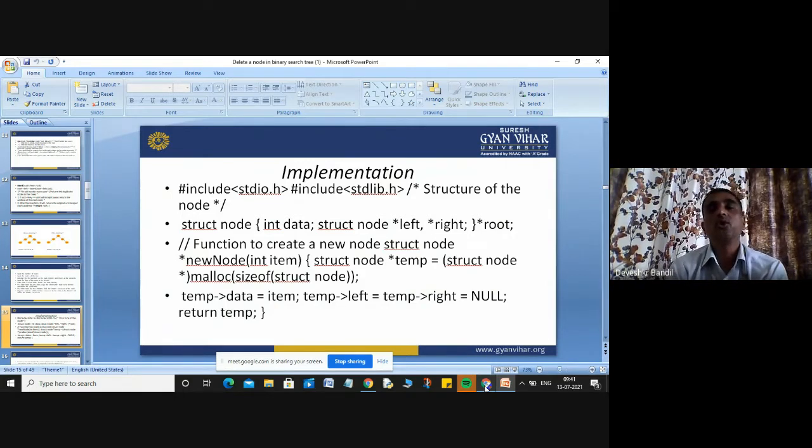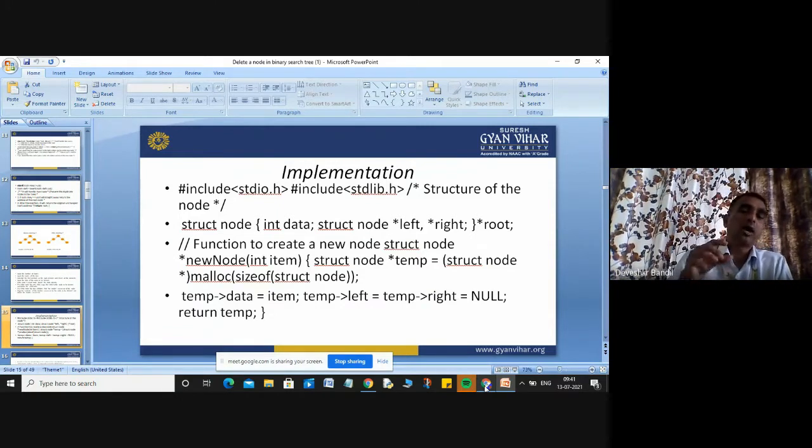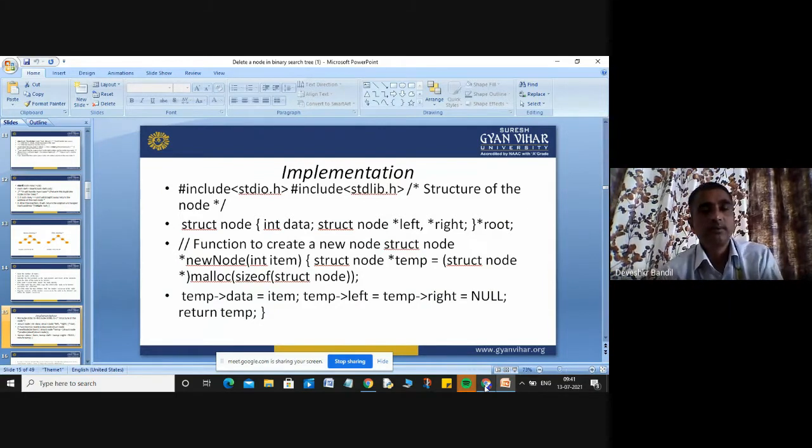So first of all, you will create the node, and I have already discussed how to create a node. You will take the data, and you will take two pointers. First is the left pointer and second is the right pointer, and you will write a function to create a new node: struct node, new node, struct node temp, and struct node malloc. Through the malloc function you can allocate the size for the node, and your item will be assigned into data. And you can see here,